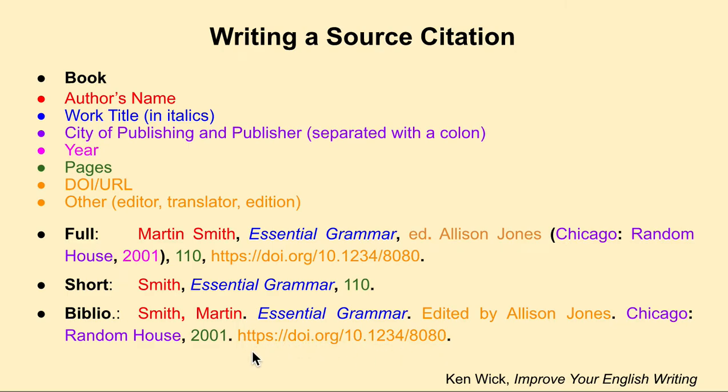This is a DOI, and then you put the period, and then you put the DOI. This is how you'd format a bibliography entry for a book. So this is the information you need, and this is the order that it appears in with the various punctuation. So that's it for a book. Let's move on to a